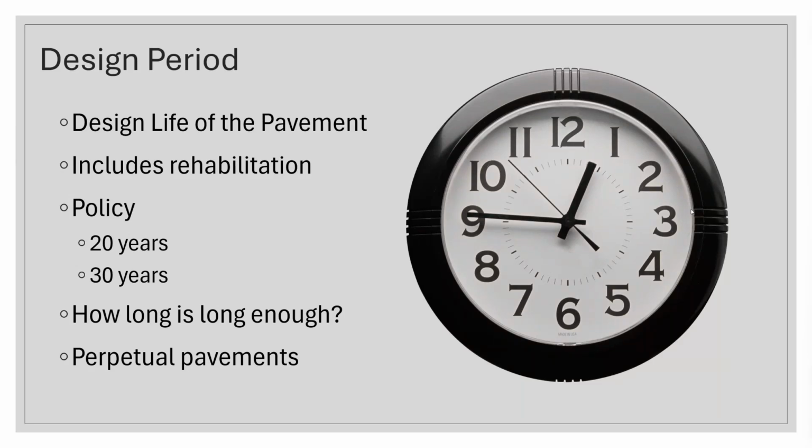So the design life of the pavement is usually set by a policy for your particular agency. A lot of folks will use 20, a lot will use 30. When I was in college and learning how to do all this stuff, I thought, wow, 30 years, that's forever. We'll never have to see this pavement get designed again. Well, now that I'm older, I realize that's not as long as I thought it was. Policy is usually set for a number of reasons, not just the pavement design part, but maybe 20 years is enough. A lot of local roads are designed with a 20-year design life.